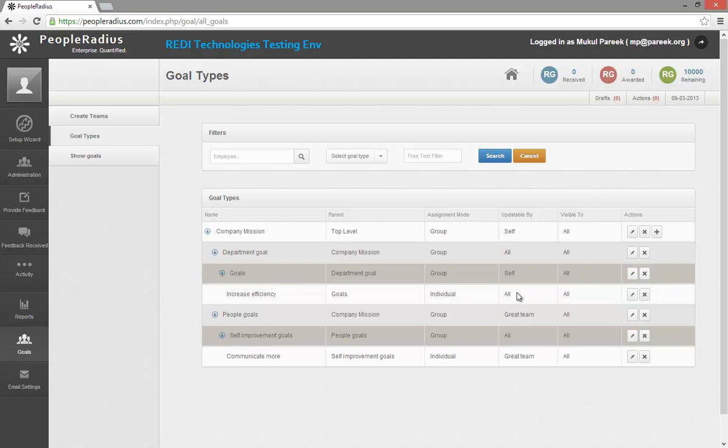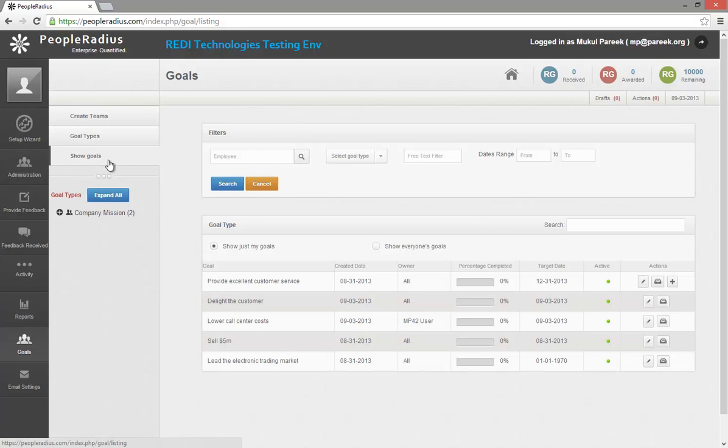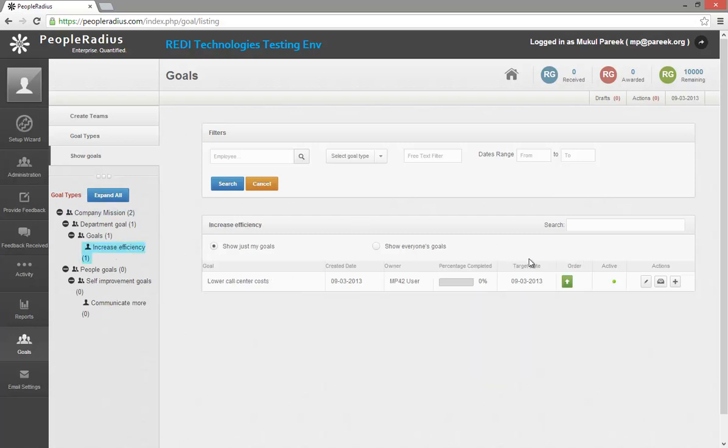Now under each branch you can have multiple individual targets for teams or for individuals to accomplish. So for example, if you look under my target under increase efficiency, so now I'm going to the more granular or atomized goals which I can set up and basically hang off of the hierarchy and the branches that I've set up in the hierarchy. And I will click on expand all and I will see my hierarchy here. When I click on increase efficiency, I find that I have one atomized task which is assigned to MP42, which is to lower cost center calls, and I can create another or as many as I need underneath the increase